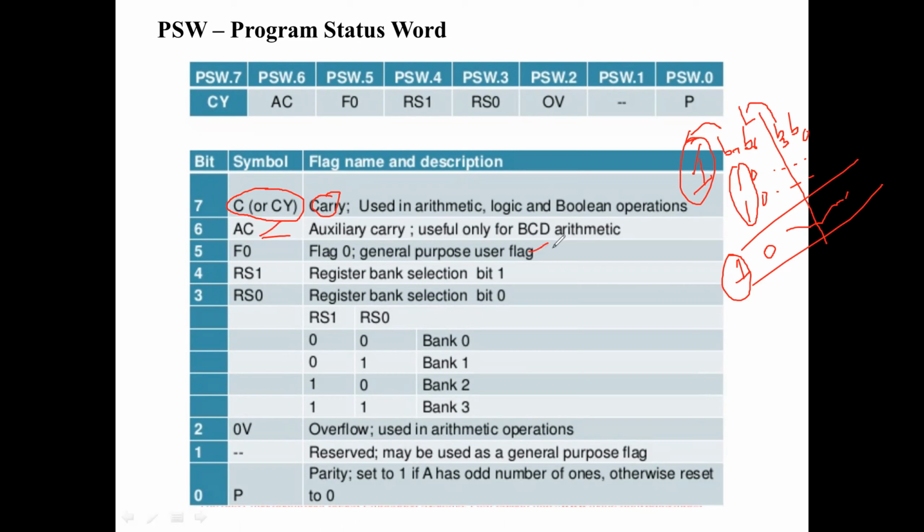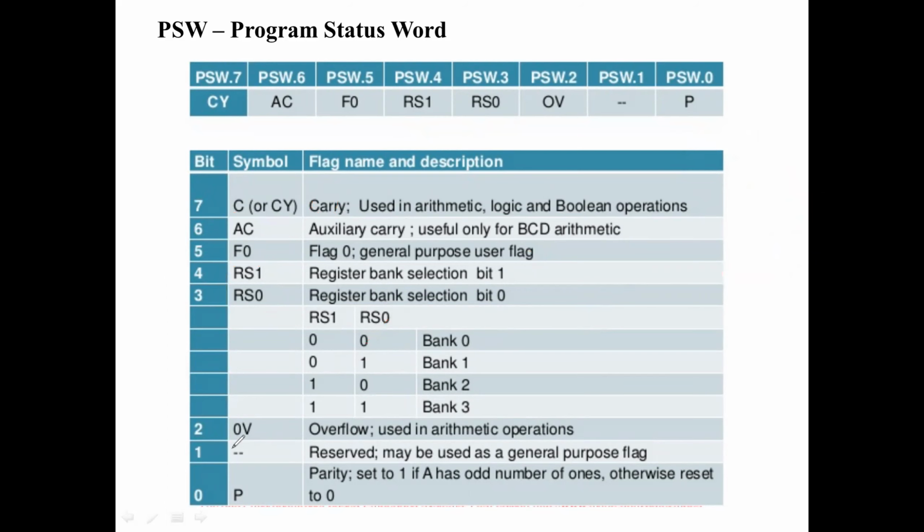The next flag is for general purpose use by the user. And I told you, for bank selection, these are the bits. If I want to select bank 0, we have to place 0, 0 in this register. By default, this will be the value, so bank 0 is selected by default. If you mention R6 without any bank selection, then it will take the R6 value of bank 0 in your instruction. For bank 1, bank 2, or bank 3, you can go with the corresponding values. Next, coming to overflow.